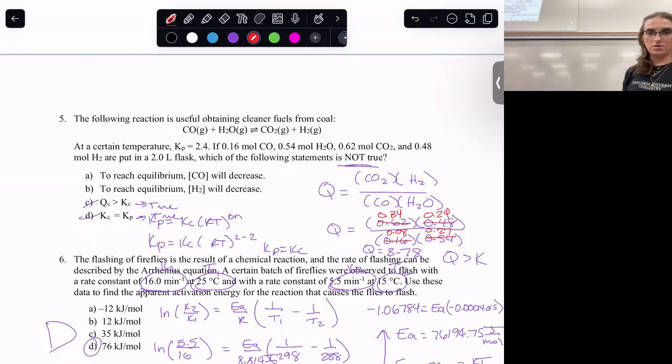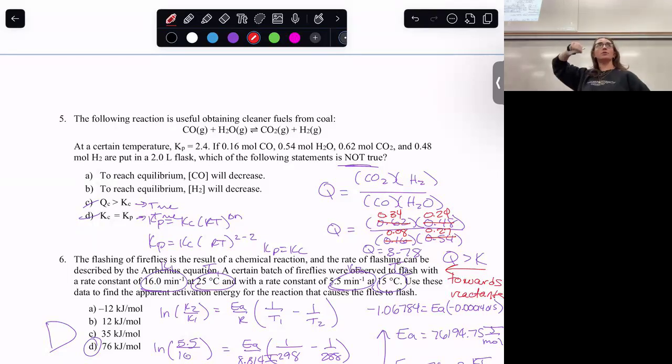So then to reach equilibrium, H2 will decrease. What do we say for that one? Yeah, that's true, right? If Q is greater than K, which way do we have to go? We're going towards reactants. And if we're going towards reactants, that means we have to use some of our products to form those reactants. H2 is a product, so that concentration will decrease so that we can form more reactants. So this is going to be true,